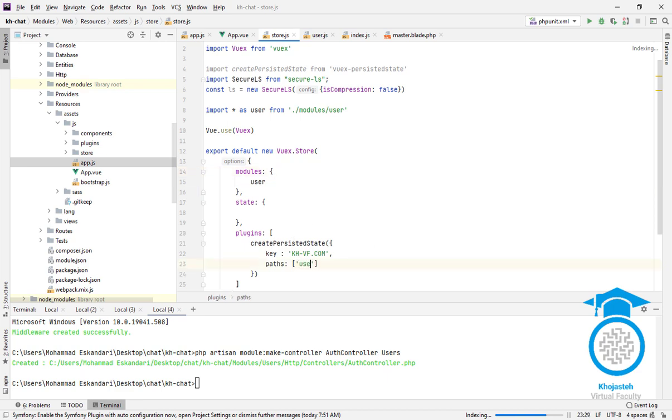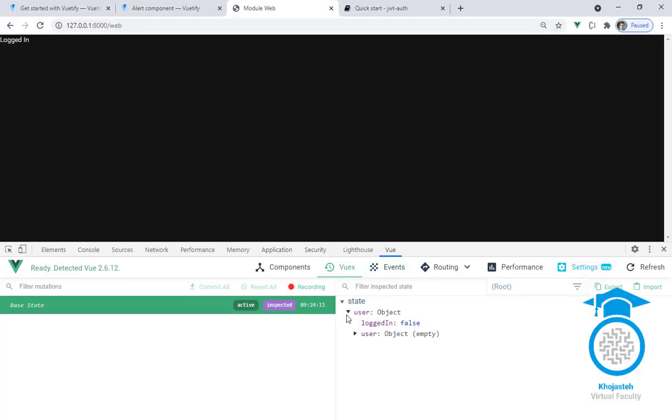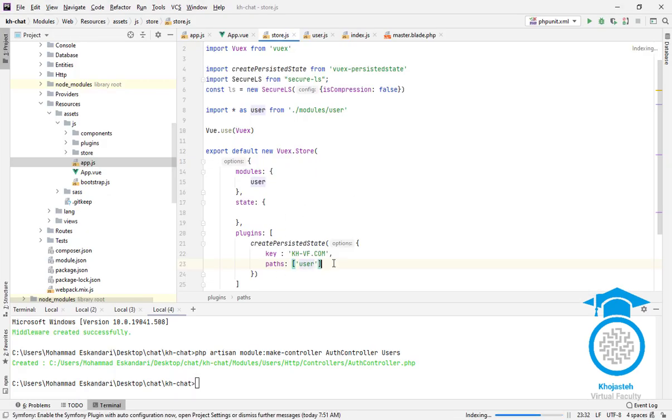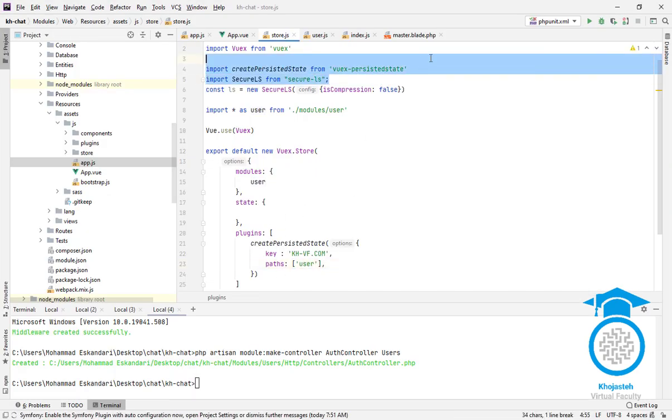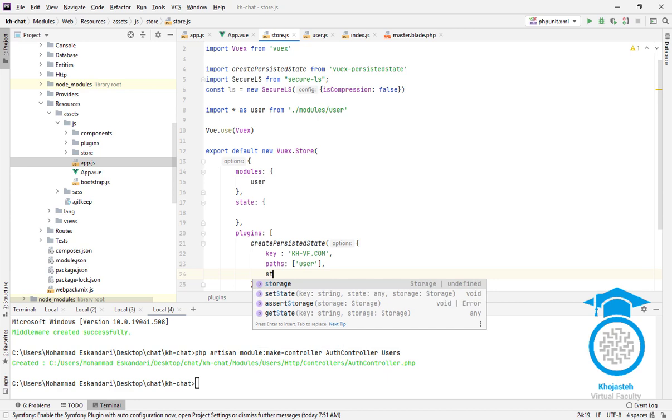If I set this to user, it's only going to store user states in local storage, which here, as you can see, we've got this state which is user. And if I add more states and more modules, it's only going to store user states. And then we're going to use SecureLs to simply encrypt our states and eventually store these encrypted states in local storage. So to do this,